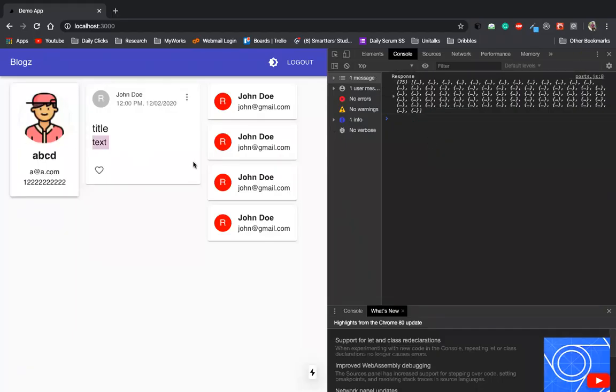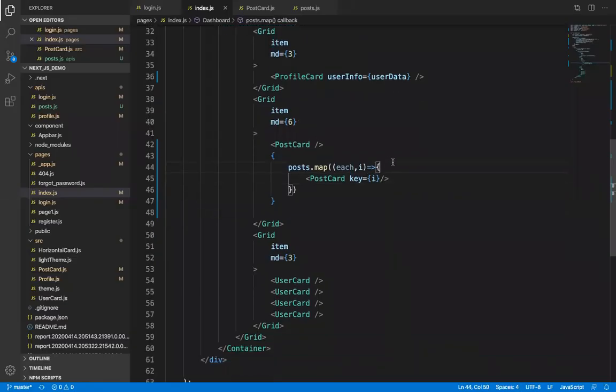It's not creating. Okay, so this here is the curly braces.